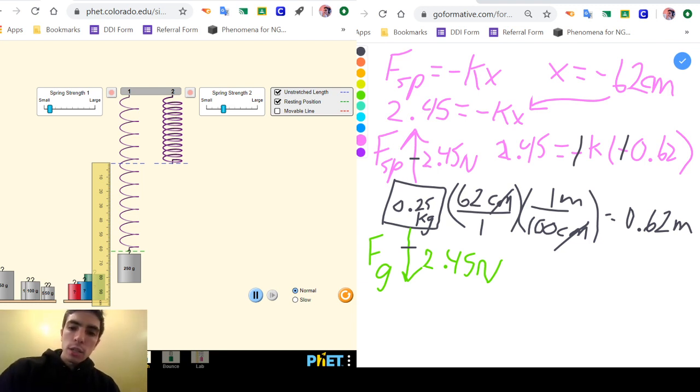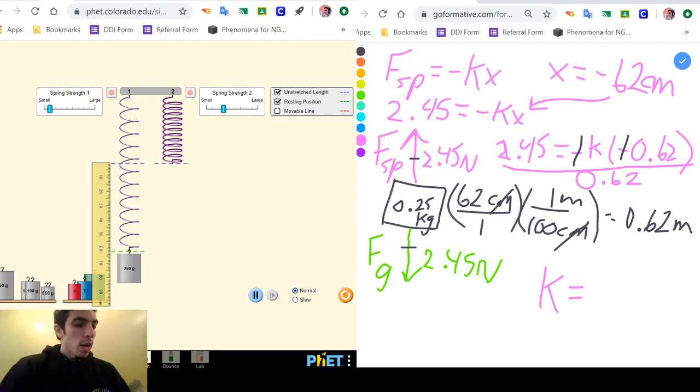And then to finally solve this, we have to divide by whatever is next to the variable we're trying to get. So we have this 0.62 next to our K. So I'm going to divide both sides by that 0.62 to get that to cancel out. So 2.45 divided by 0.62, and we should end up with a K equals, I believe it's 3.9 something, but let me check that with the calculator. 2.45 divided by 0.62 should get us 3.95 newtons per meter